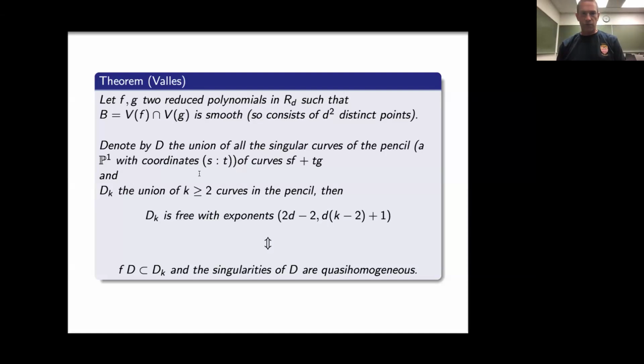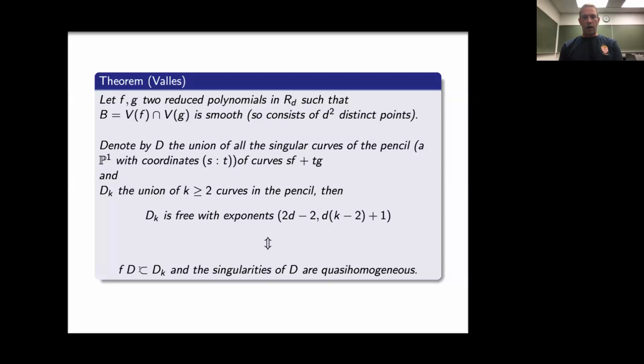So this theorem of Jean's from about 8 years ago says that if we take the singular curves in this pencil, right? The pencil here is, I take a parameter s times f and another parameter t times g, and I let s and t vary. And I take k elements of this pencil. So I'm just taking k arbitrary curves, some k points s and t, and I take the union of those curves. Then that corresponding curve is free with these exponents, 2d minus 2 and d times k minus 2 plus 1,